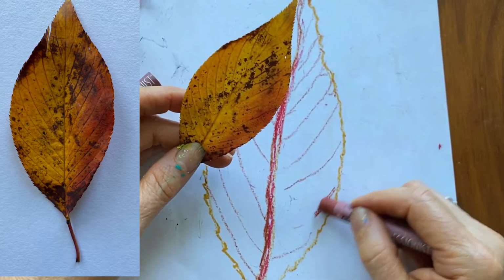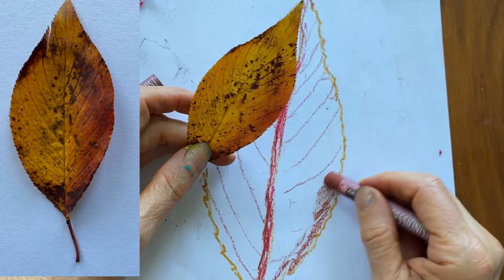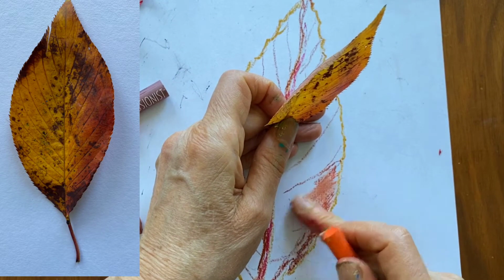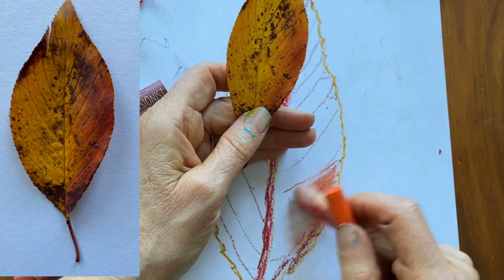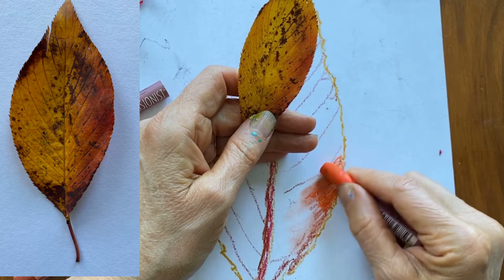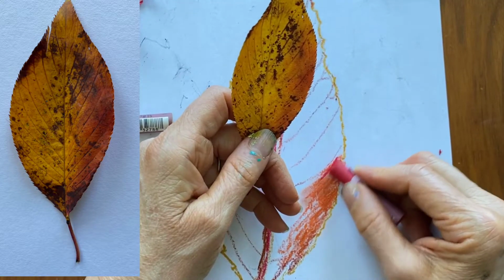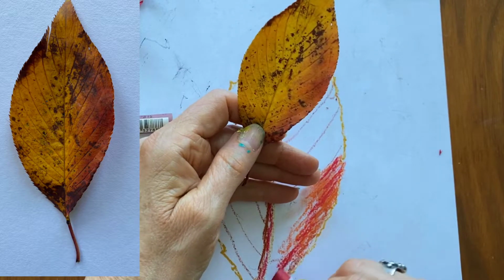Every leaf has its own colors. They are hidden if you just give it a glance. You must slow your eye to a crawl, and then it will see all. We're showing the colors of